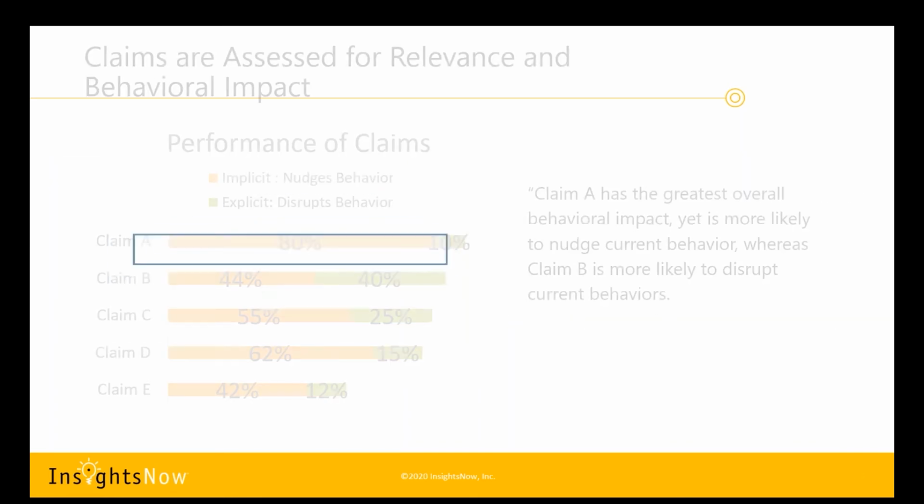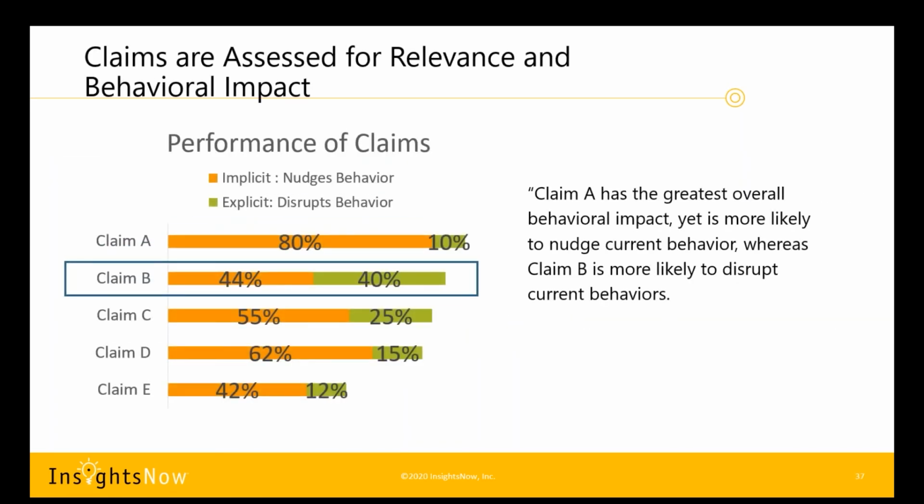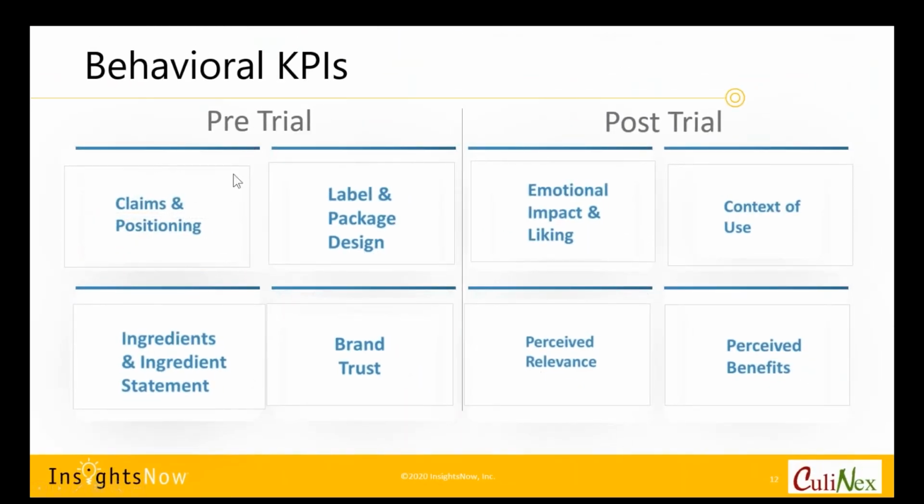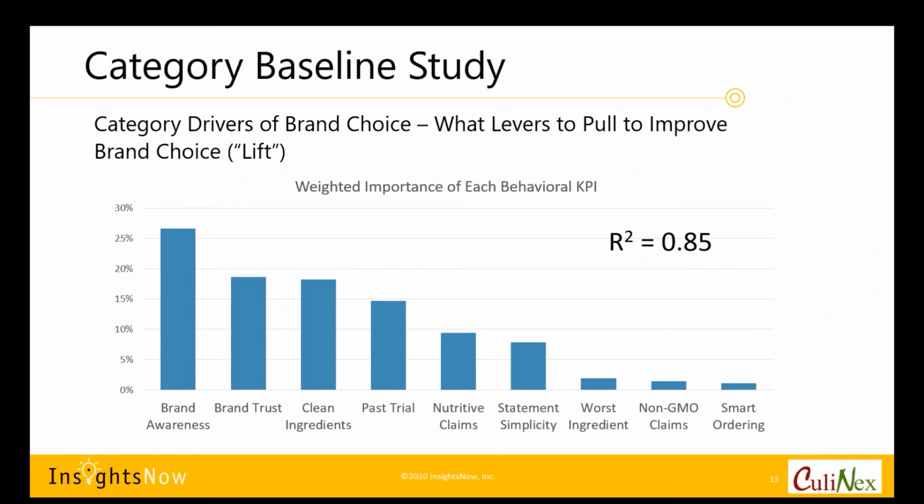So these are metrics that we can look at. We can measure how fast people respond, whether they're using a slow response or responding very quickly, and we can build that into these metrics, which are very important. So what you can do in these category baseline studies